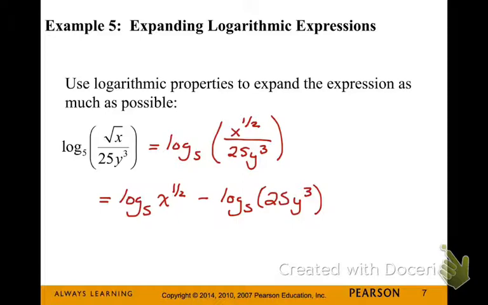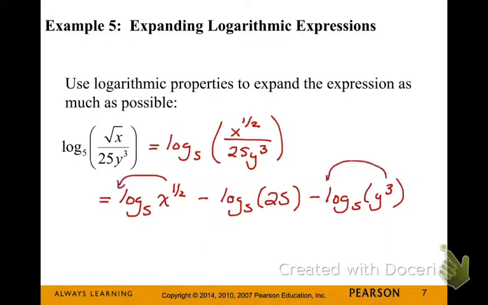And since that is a product, that would usually mean expanding to addition. But since both of those are in the denominator, and we're actually dividing by both of those, we're going to use the quotient rule on both of these, and this will become subtraction. So it's going to be minus log base 5 of 25 minus log base 5 of y cubed. Next thing we want to do is move those exponents out in front. We'll make this 1/2 log base 5 of x minus log base 5 of 25 minus 3 log base 5